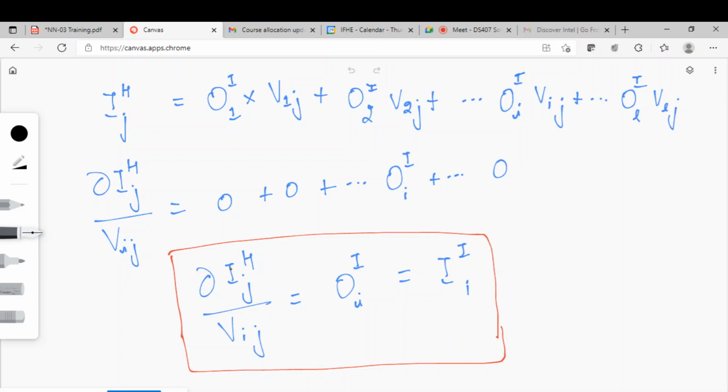But in the input layer, what function are we using? In the input layer, we are using a linear function. That is, it is going to take the input and give it as it is. So this output will be the very same as the input, because in the input layer, if you recall, we are using a linear function. It is not going to do anything. It is just going to pass the input as it is. So output and input are the same. There is no difference in the case of the input layer. So instead of calling this OIi, we can also call it IIi, which means the input to the ith neuron of the input layer.